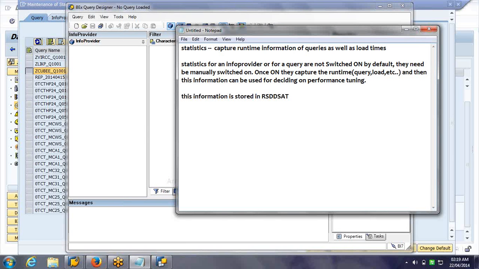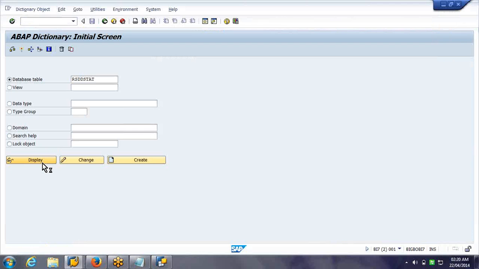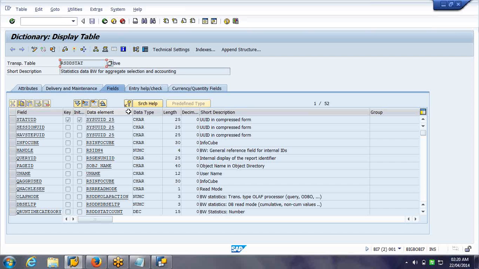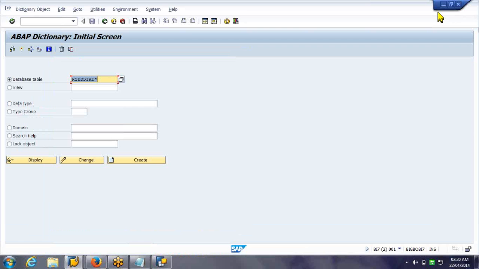You can see there are so many tables related to this. In a couple of tables, the data information will be stored. So this information we can use it